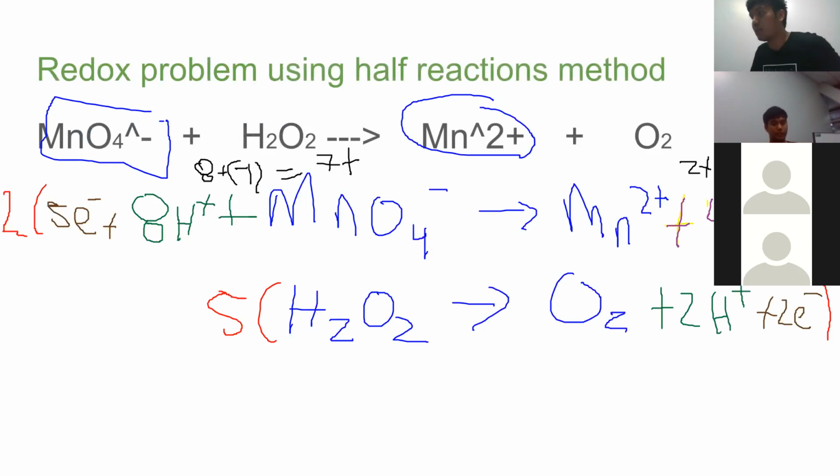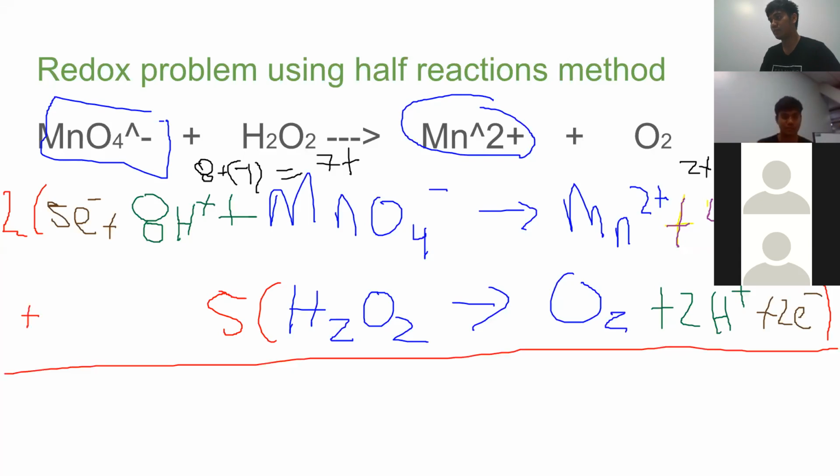If that makes sense. All right, so after balancing out the electrons, all we have to do is add all of these together, and then simplify it. So by adding all of these together, we will end up getting, I gotta write it out, don't I? All right, 10 electrons